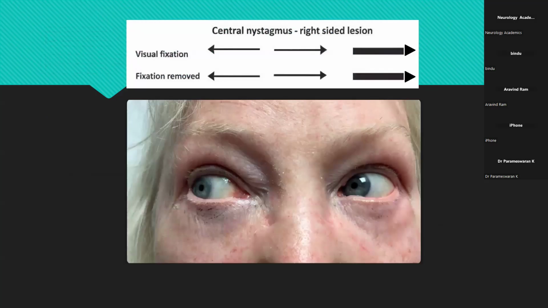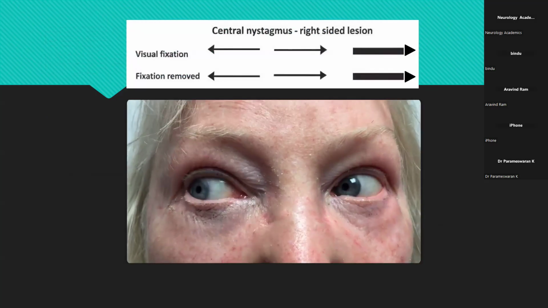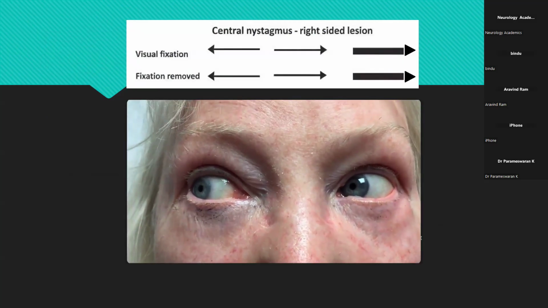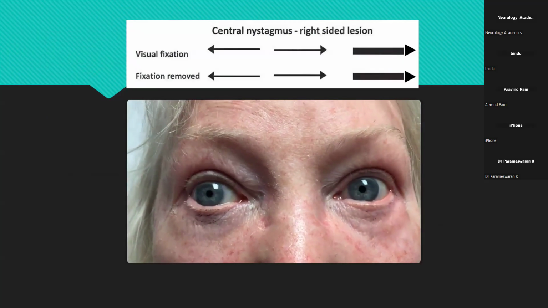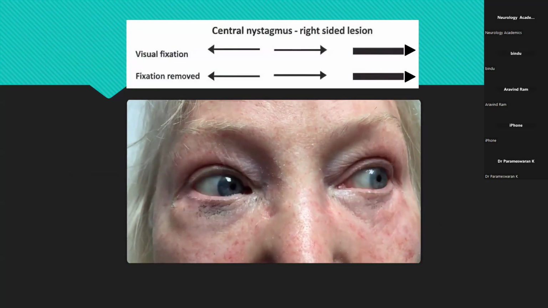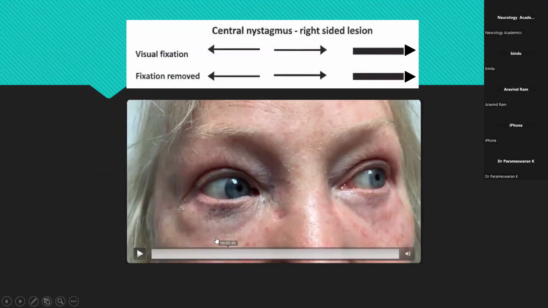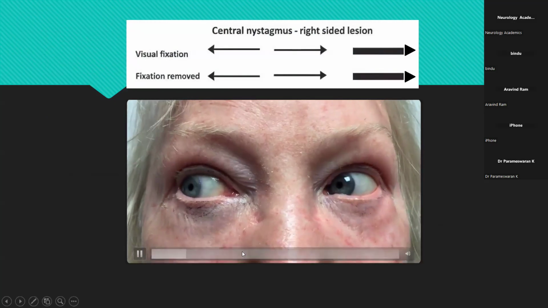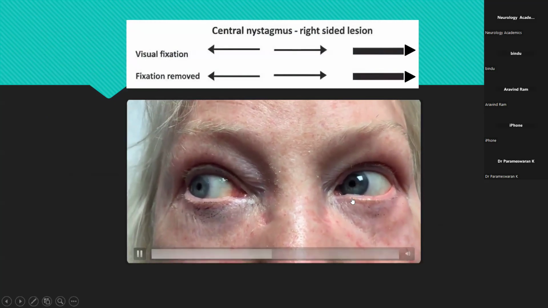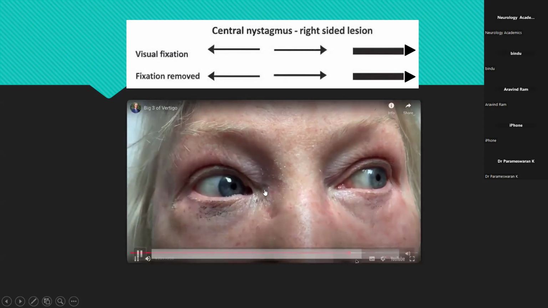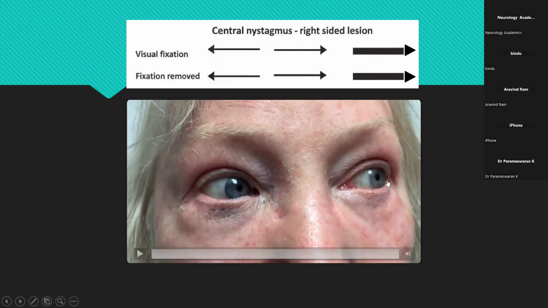As in this case, when the patient is looking towards the right, in right gaze, there is right beating nystagmus. In the center as well, there is a left beating nystagmus. The quick phase is towards the left. In the center as well, we can see that it is left beating in primary position. And towards the left as well, it was